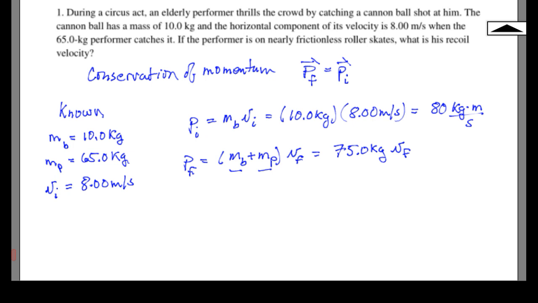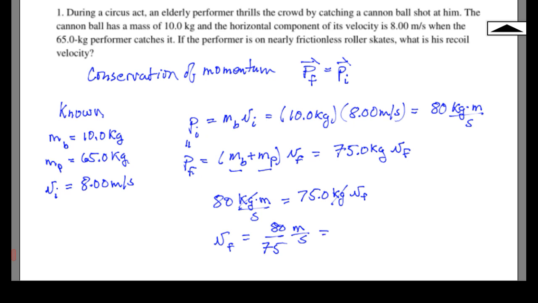But we do know momentum is conserved, so the initial momentum is equal to the final. So plugging in some numbers, writing the equation out, we have 80 kilograms times meters per second is equal to 75 kilograms times our final speed. Solving for our final speed, we get 80. If you note, the kilograms cancel, and we're going to be left with units of meters per second. We divide by 75, and we end up with 1.07, I believe,